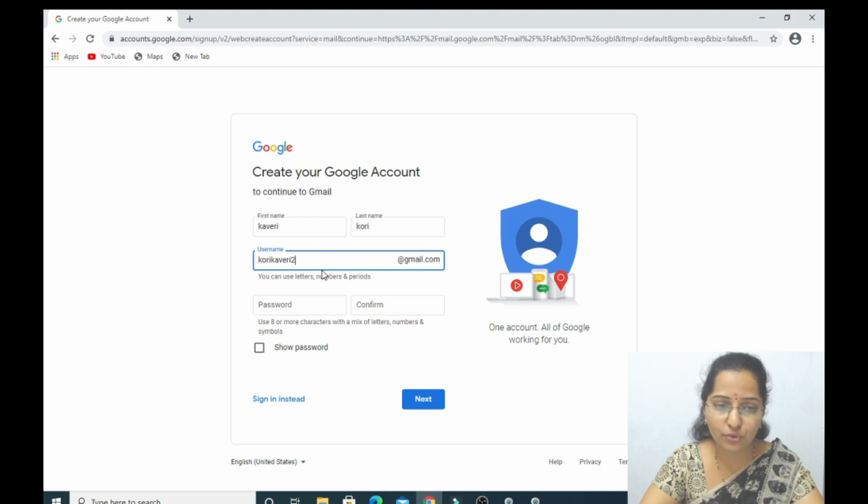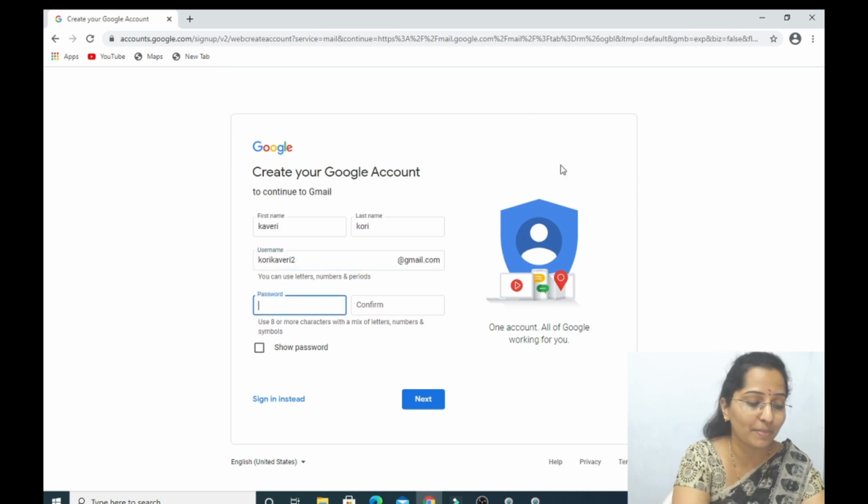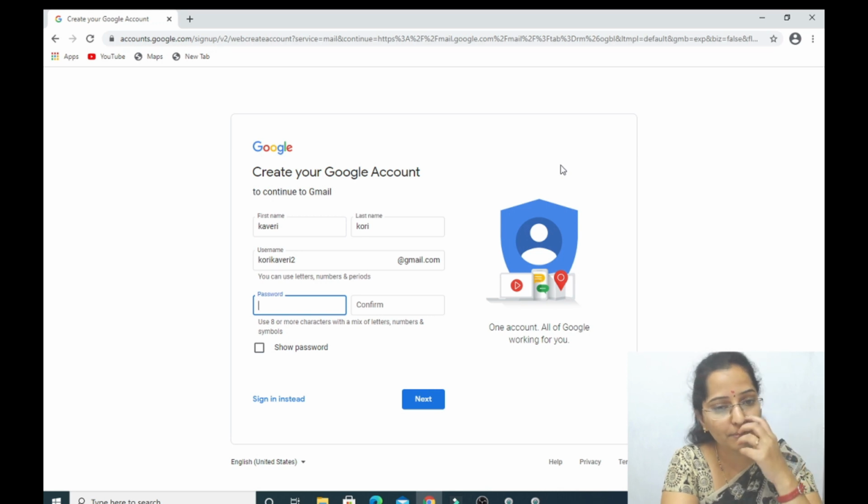Next, what we have to do? We have to set a password which is 8 or more characters with a mix of letters, numbers and symbols. Means you have to use letters, numbers as well as symbols. Now I will set up a password. I will not tell my password. You can keep your own password.